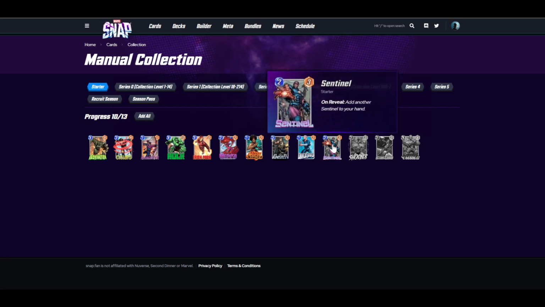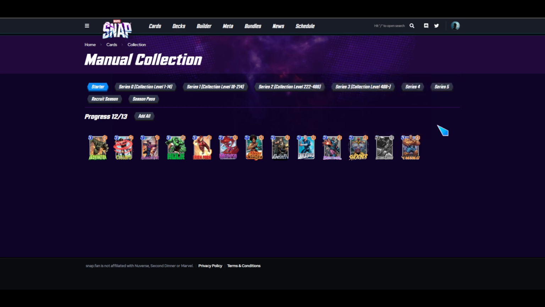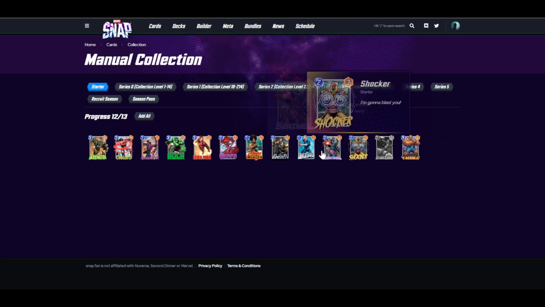power stat. So we have the Sentinel, which is super great value, because when we're playing the Sentinel, we're adding another Sentinel to our hand. So for 2 mana, 2 energy, we can just play this constantly and as much as possible. Then we have the Shocker, which is not super value, 2 energy, 2 stats, but all those cards without any abilities at all, like the Thing, 4 energy, 6 power, all those cards